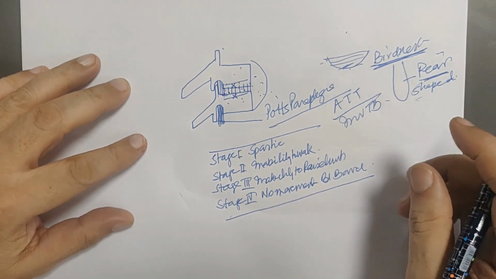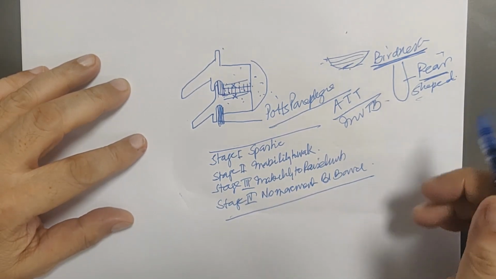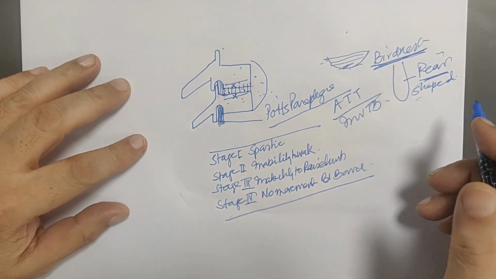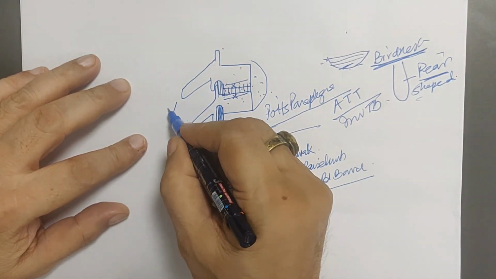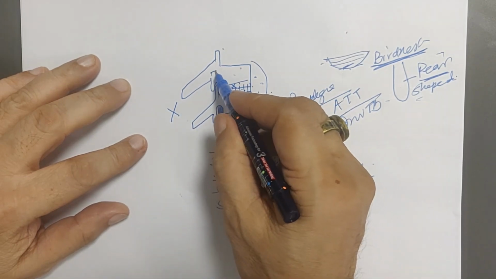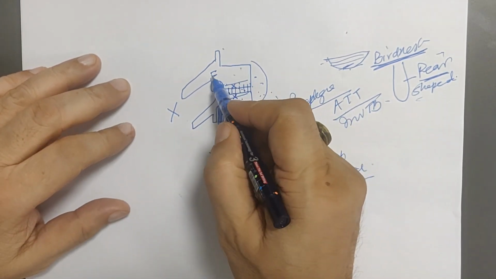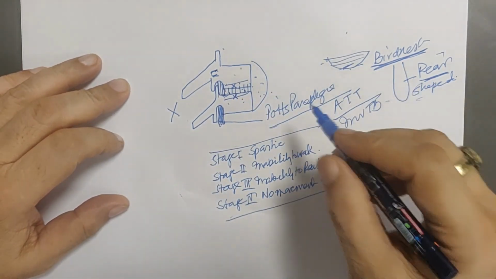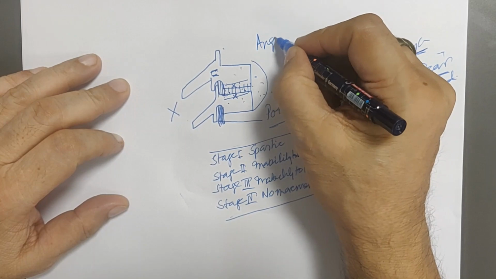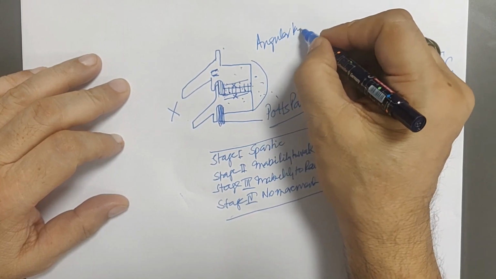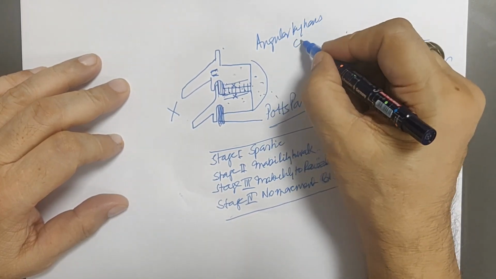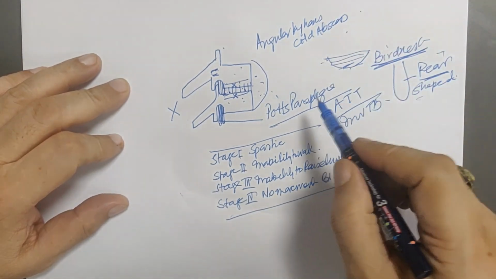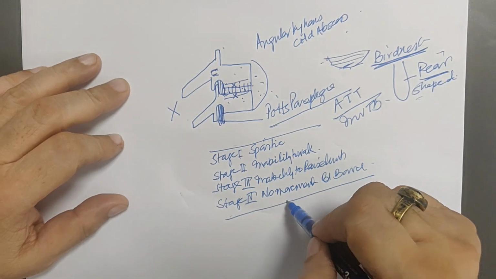You will have symptoms of tuberculosis like evening rise of temperature and night sweats. You will have tenderness, which is rotatory tenderness, pressing on the lamina. If you rotate the vertebra, you will have tenderness. You will have angular kyphosis. You may have a cold abscess, but if there is a cold abscess, then usually there is no paraplegia; otherwise you can have paraplegia.